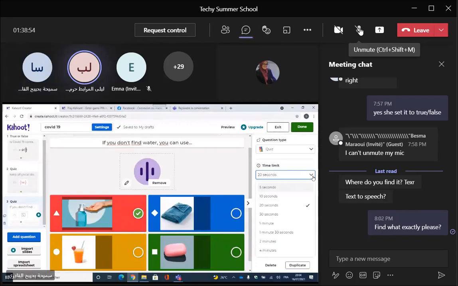That's what you are using it for. You can use it to identify which picture goes with the word sanitizer. When they hear the word, what is a sanitizer? Also, you can use it in a type of dictation. In Kahoot, when you insert an audio, they can hear a word and type the answer. Of course, it's not free.